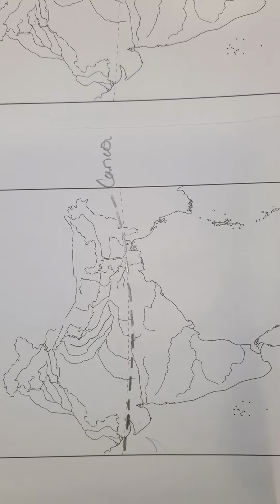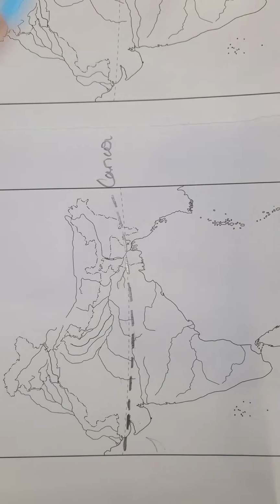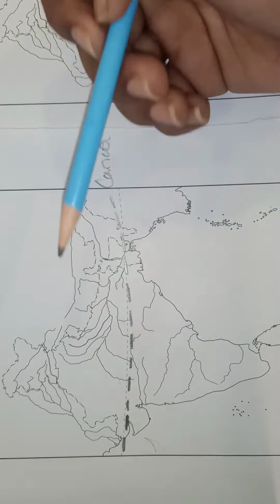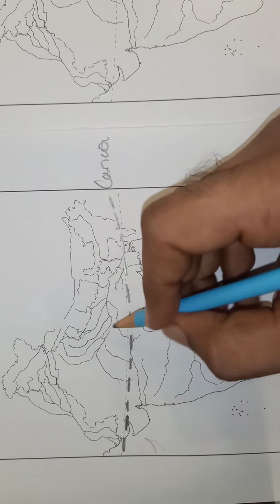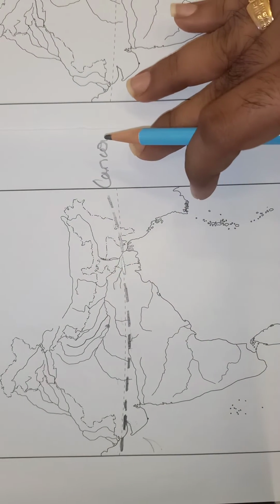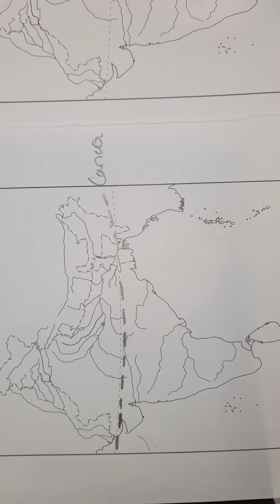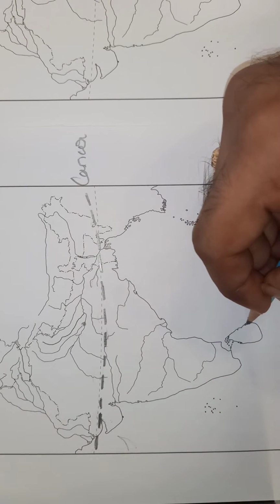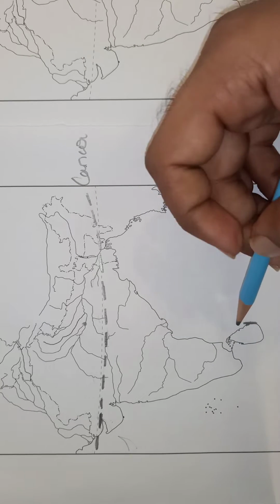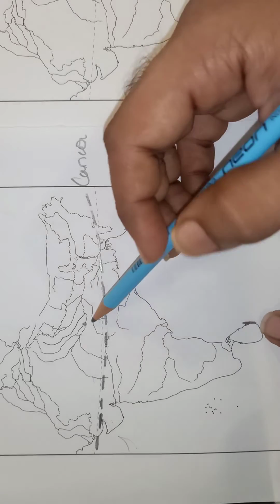The next one is the standard meridian of India, that is the Indian Standard Time. You all have studied in standard 9th or 8th that India follows IST, the Indian Standard Time, which passes through Allahabad. So where is Allahabad? Allahabad is over here. This is the first dot, and second, you have to touch this part of Sri Lanka, exactly on the edge of Sri Lanka.